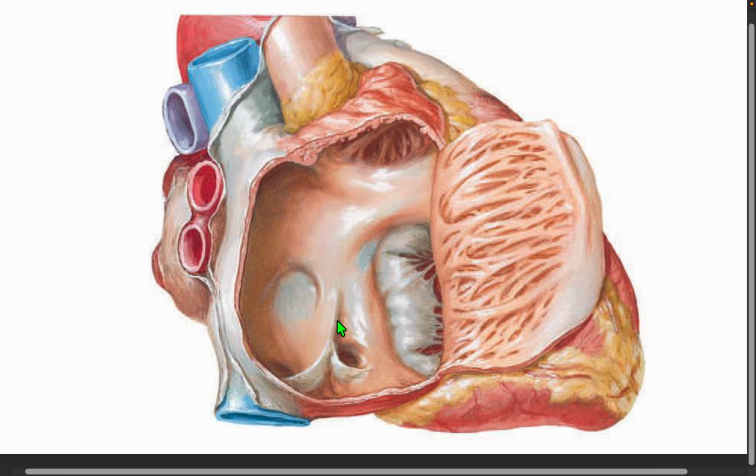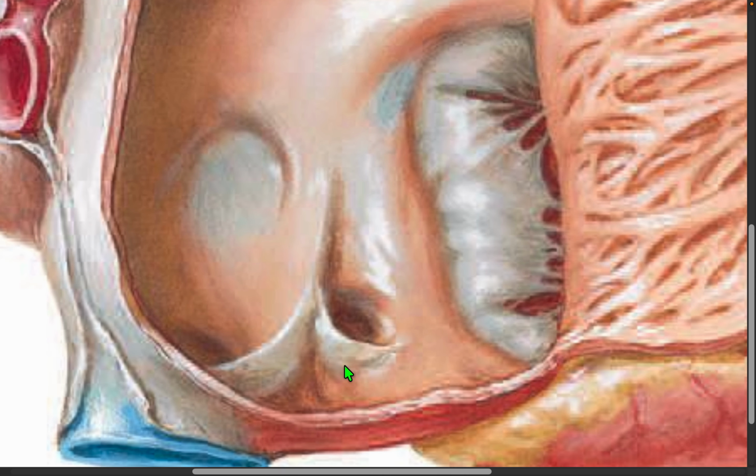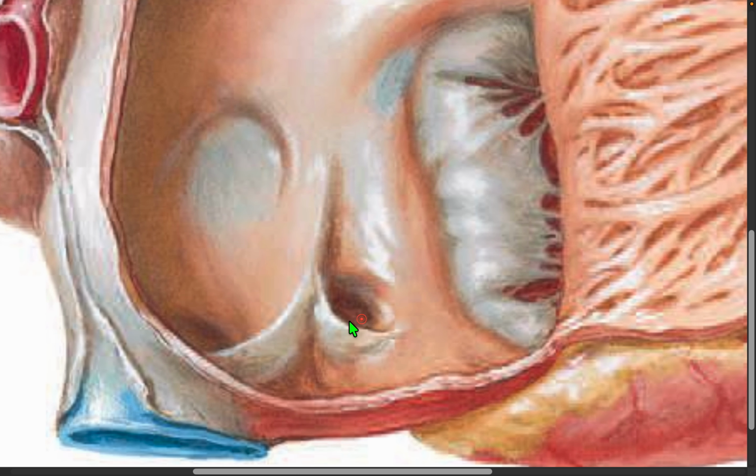Now we will focus on the next opening. That opening is over here. It is the opening of coronary sinus. It is situated between the opening of inferior vena cava, that is over here, and the right atrioventricular orifice. This is the area of right atrioventricular orifice. So we can clearly identify the opening of coronary sinus is located between the opening of inferior vena cava and